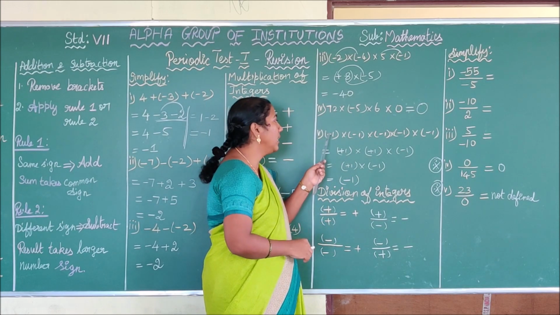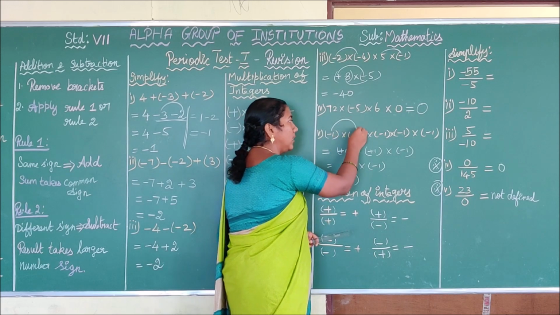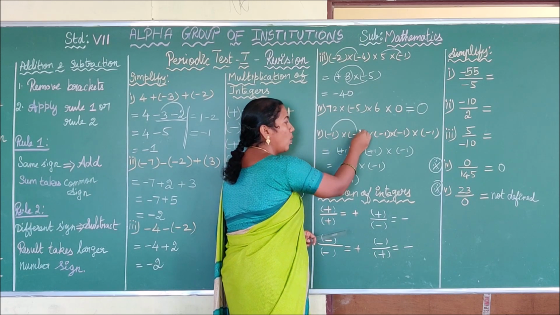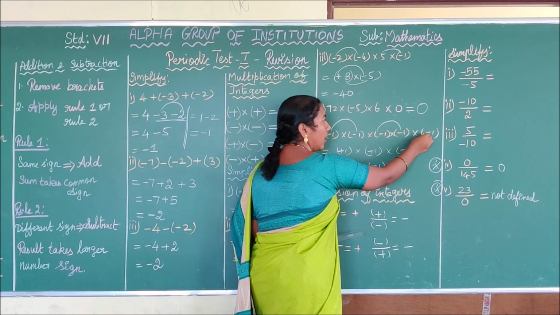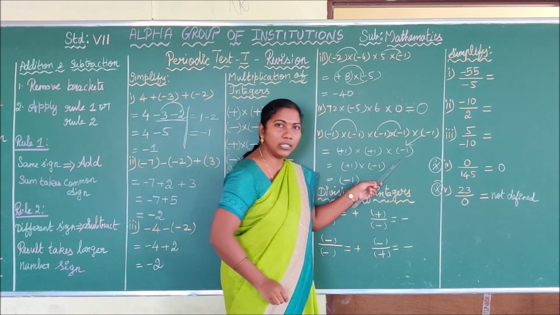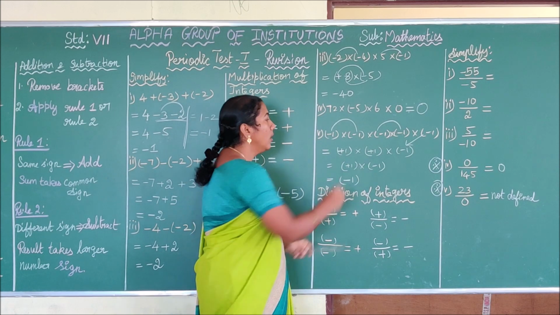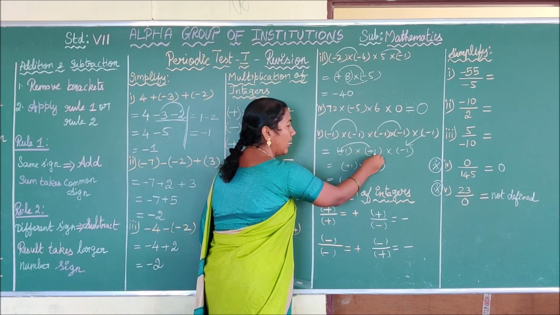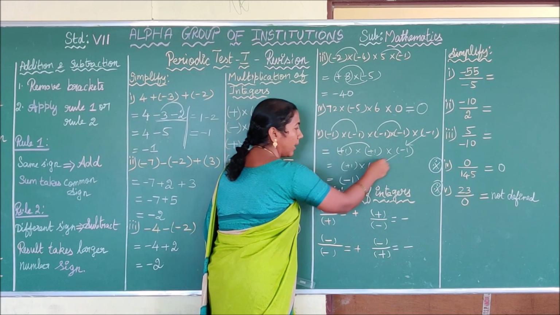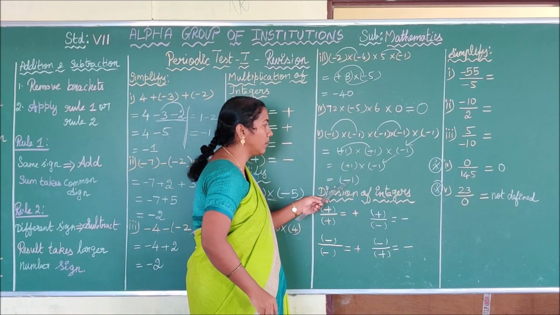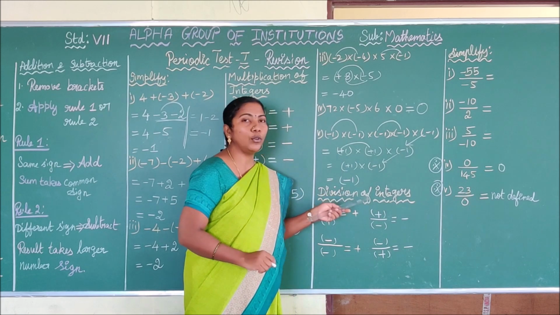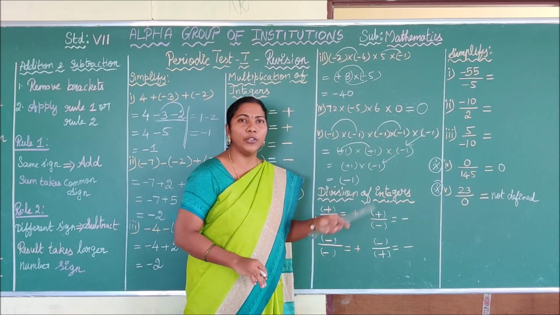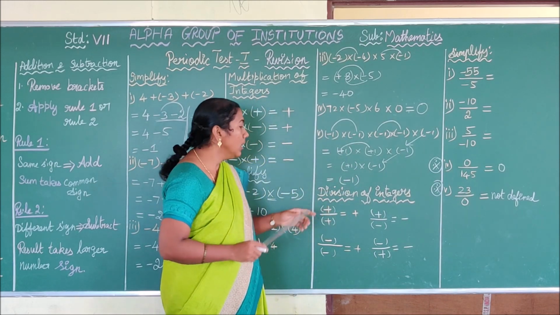Okay. Suppose you don't know means you have to do the steps. Minus into minus. First I am multiplying this one. Minus into minus plus 1 into 1, 1. And I am writing the last term minus 1 as it is. Next I am multiplying these two. Plus into plus, plus 1 into 1, 1. And the last term minus 1. Next plus into minus, minus 1 into 1, 1. Is it clear, children? Why am I explaining deeply? If you have, instead of 1, any number, you have to follow this method only. Okay. See the next one.